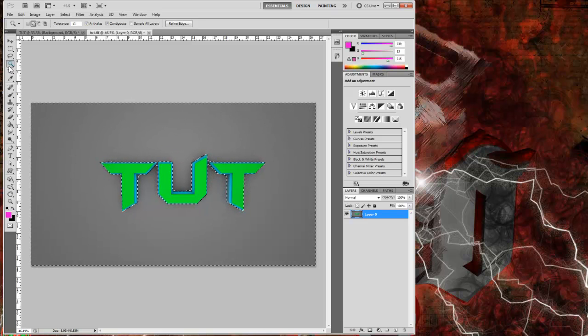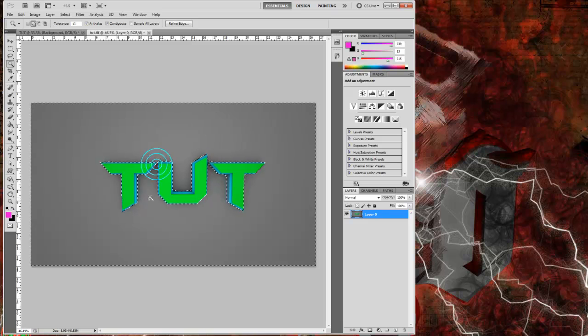So where you want to go to cut it out, go to your magic wand tool, and it depends on what you like to use. I like to use the magic wand tool more than the quick selection tool. But the quick selection tool actually is a lot more accurate. It just takes more time. I'm just doing this as an example. Anyway,